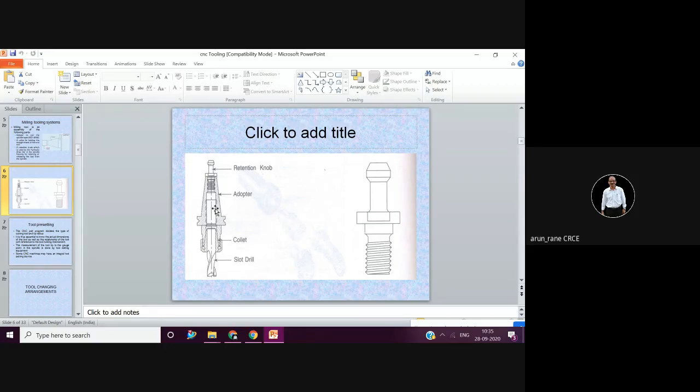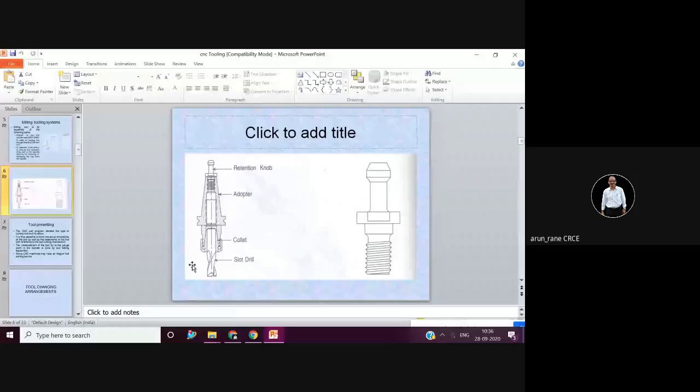so that this runs concentric to the machine spindle, and the accuracy of the machine is determined by this concentricity. So it should be perfectly zero. If it is running true or concentric, only then your cutting tool will rotate true. Otherwise, it will rotate elliptically the wrong way, and you will not get the desired accuracy.